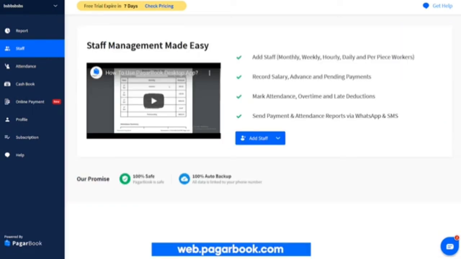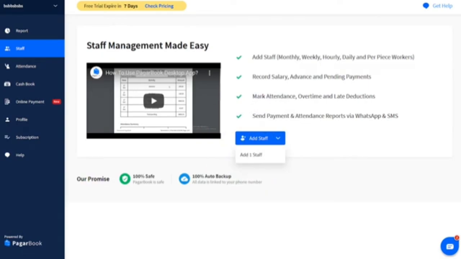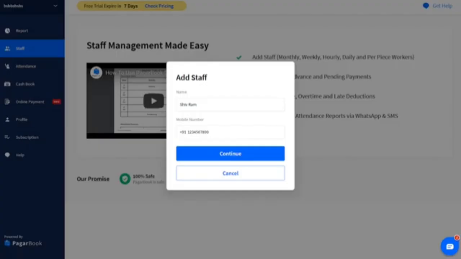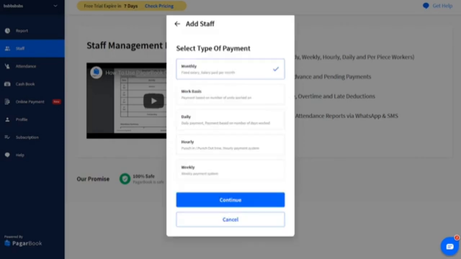Open Pagar Book, click on Add Staff button, click on Add one staff, enter staff's name and active mobile number. Mobile number is optional. Select the type of salary payment. You can select any one option. If you pay fixed salary on a monthly basis, select the monthly option.